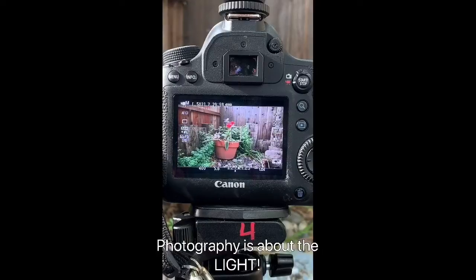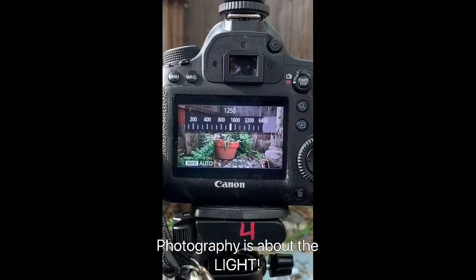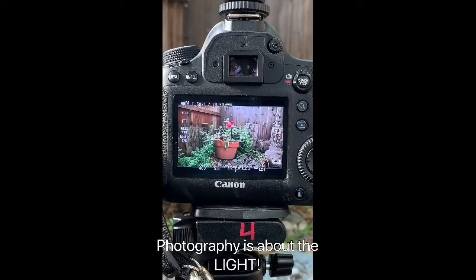I don't want to go into flash yet. So for now, we just go to natural photography. So right now we have a 400 shutter speed, and we have 5.6 aperture, and now the ISO is at 1250. Again, compared to 100,